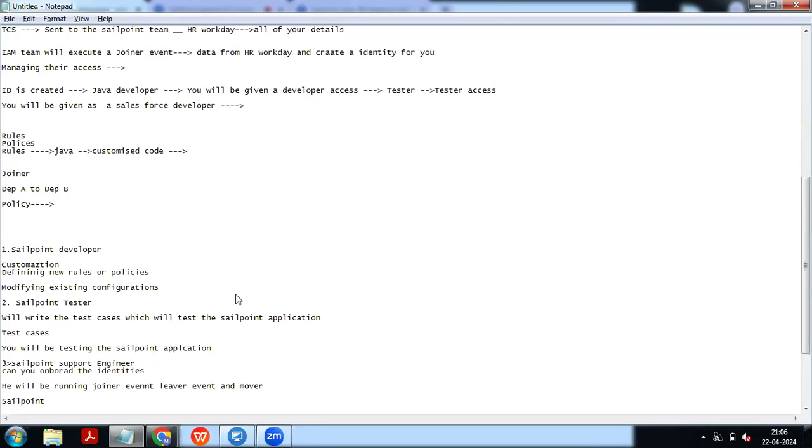Sir, is there any way to get the certification for free, like any coupons they offer? If you want, you can do the SailPoint IdentityIQ certification, but it will cost around 25,000 to 30,000. But when you get trained and say you worked on SailPoint, you can get the job. Otherwise, why spend on certification? You're getting training, so you can say you worked on SailPoint in your past experience. That is how you're going to portray it. I will also give you 2 real-time projects.